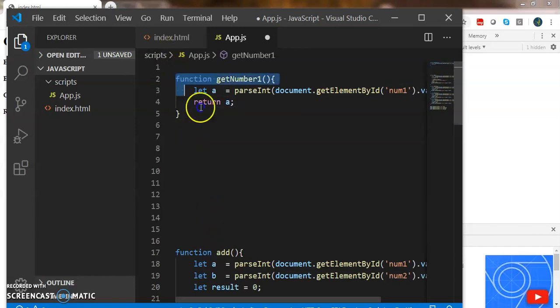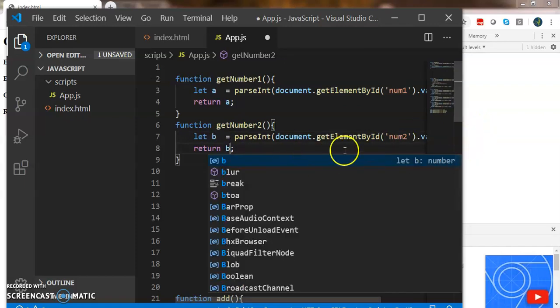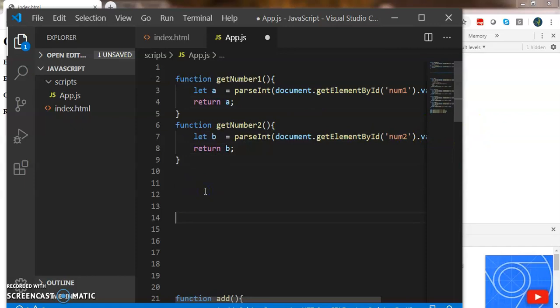Then we create another function for reading the second input. Let's name this getNumber2, let b is equal to, and this as num2, and this will return the second number to the calling function.